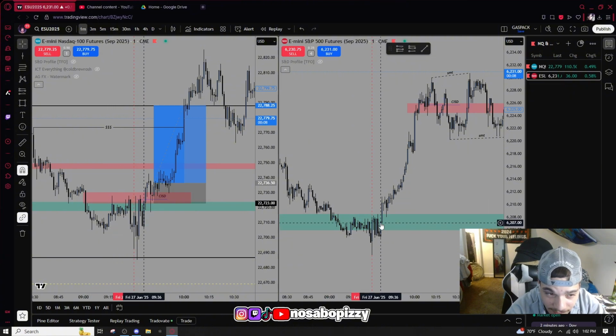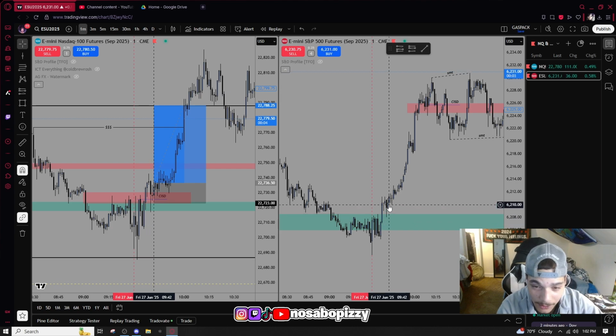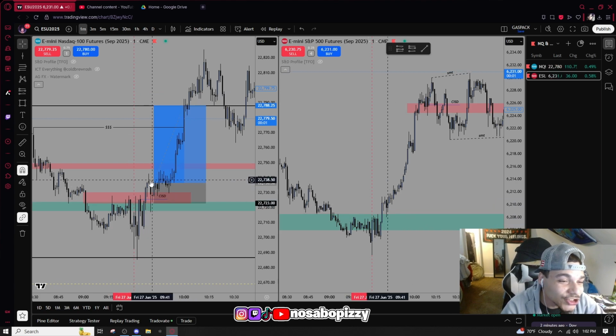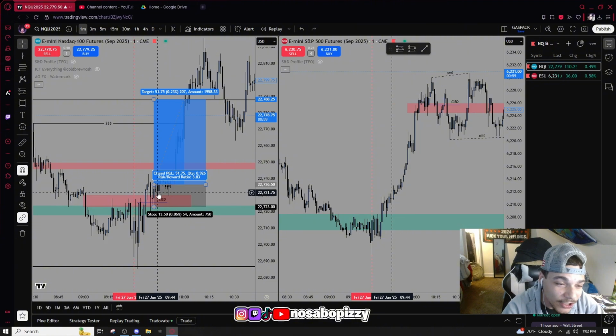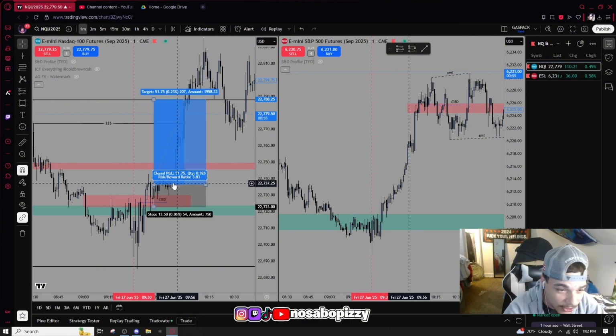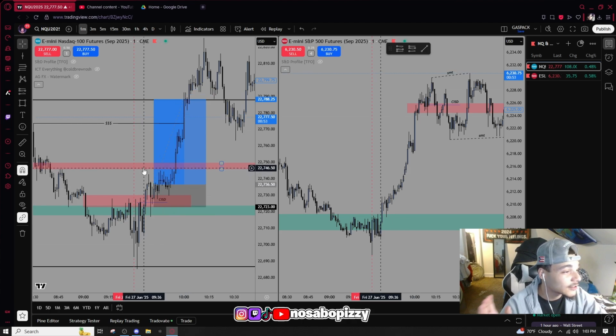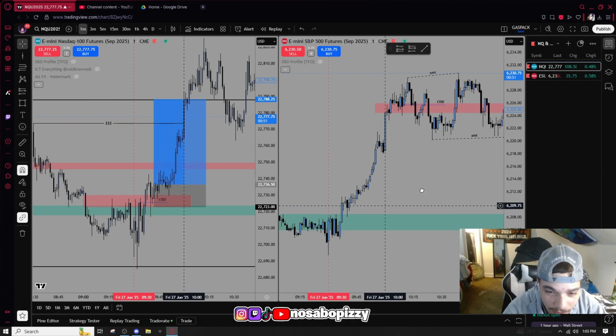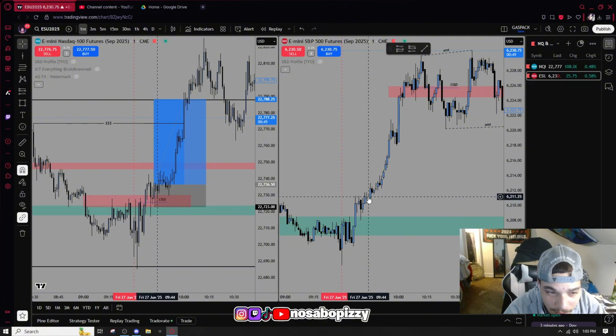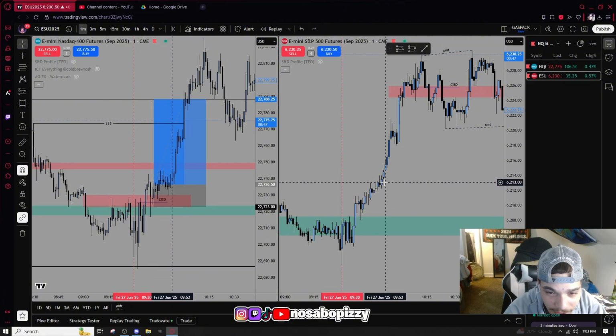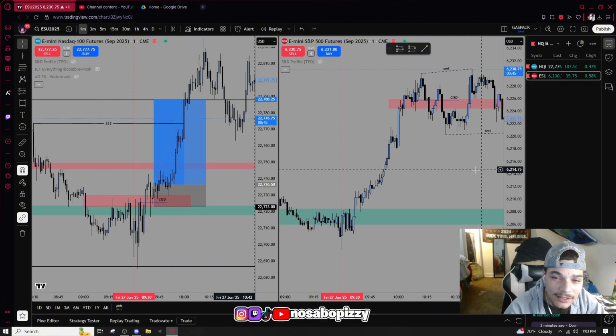This had a change of state around the exact same time. But as you can see, NQ was just consolidating in this range, pulling back to the inversion, that bearish inversion fair value gap, just tapping it, seeing what it wanted to do. Look, ES is already ripping. ES is already ripping. So NQ is the lagging index right now.